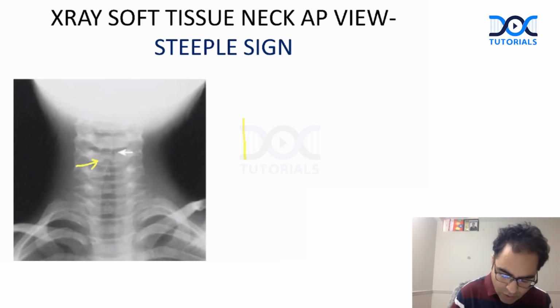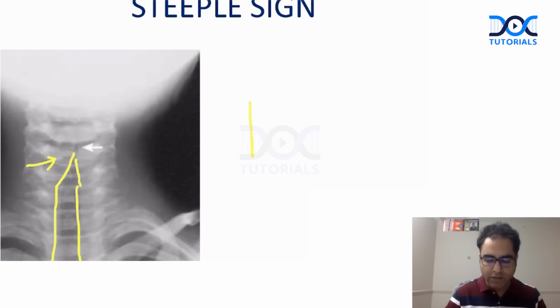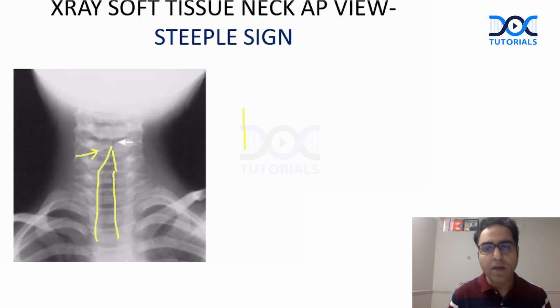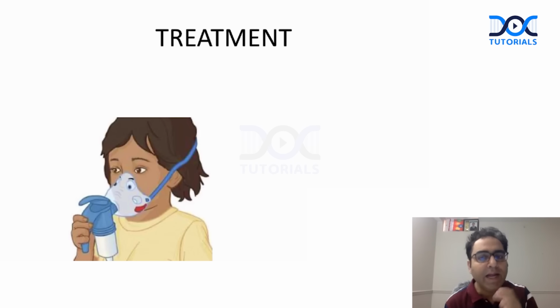Please see over there. This is your trachea, which is pretty okay. But if you see closely, the subglottic area gets very narrow. This is like a steeple of the church. Okay, steeple sign. Now, the treatment of ALTB: generally the patient is not that sick. Epiglottitis baby is more sick. This patient will be needing mostly humidified oxygen, bronchodilator, steroids, and antibiotic to prevent secondary bacterial infection. I repeat, the patient will be needing humidified oxygen, number 2, bronchodilator, number 3, steroids, and antibiotic to prevent secondary